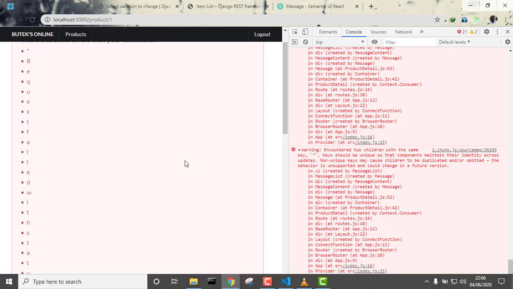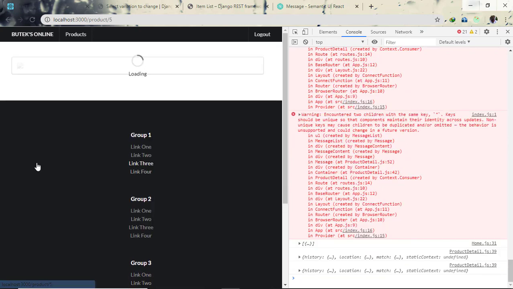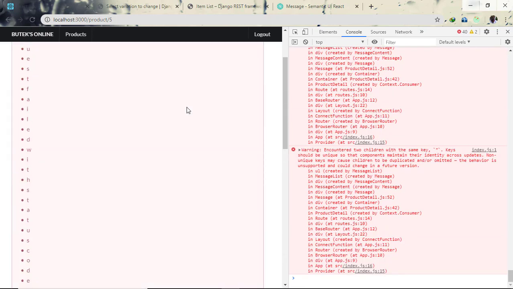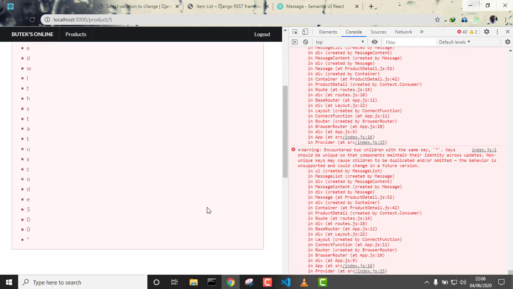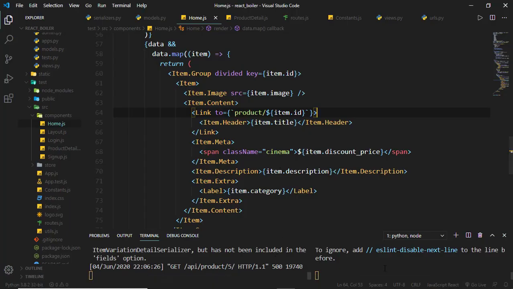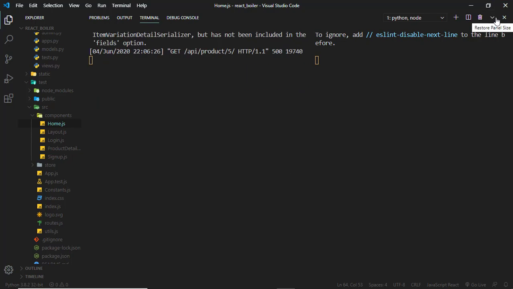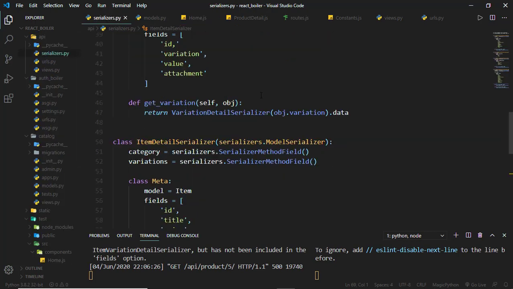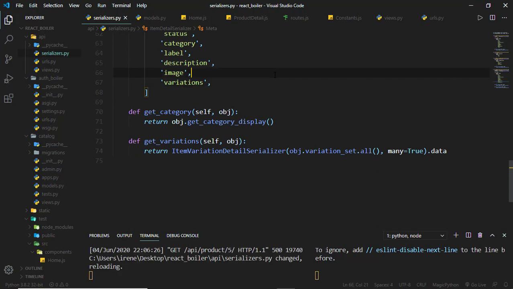So if we come and test that out, we go back to our products, and now we have the products there. If we click to that, we should fetch that product. So it is not fetching the exact product again, and it is a server 500 error. So if we can just come back and see what we're dealing with, the field variation was declared on the serializer but has not been included in the fields option. So if we go to our serializers and where we declared variations, if we can just add a comma there and save everything,